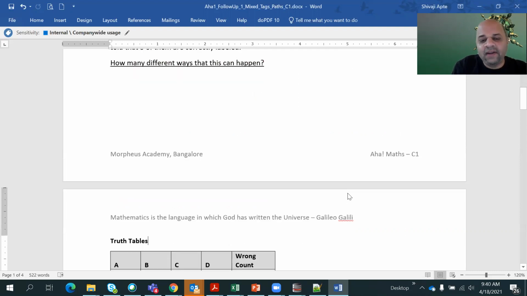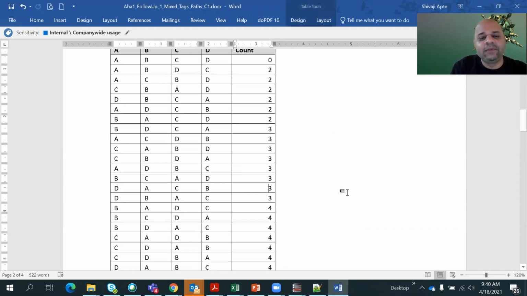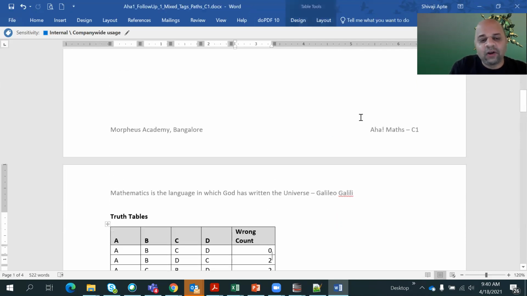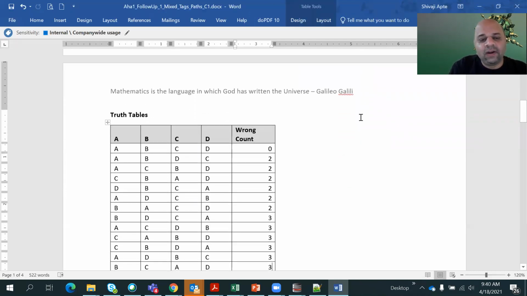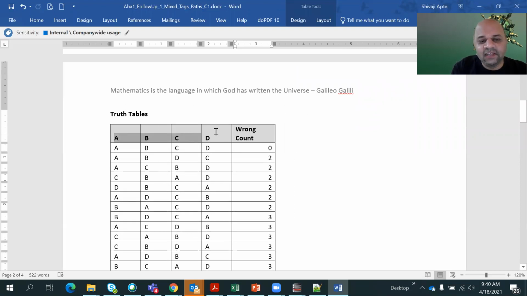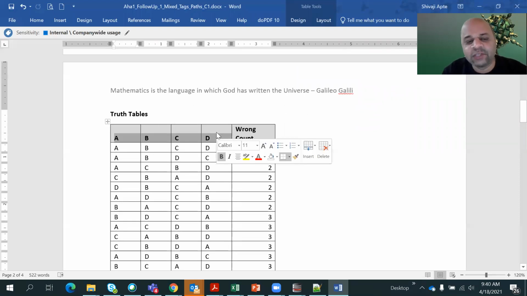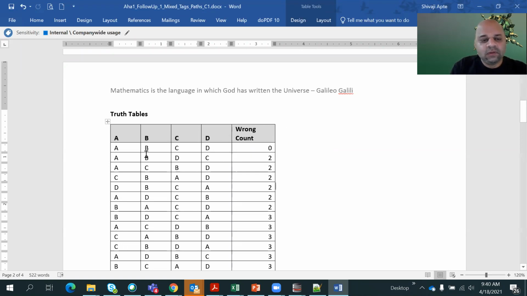So I prepared a table. These kinds of scenarios can be solved like this. You prepare a table. It is called a truth table. The top row is just telling which boxes, the actual boxes, and after that, all the other rows are the labels. Now we know that in the case of A, B, C, D, everything is correct. How many are wrong? I have given the wrong count as 0 because everybody has got the label correct. So there is nothing wrong.